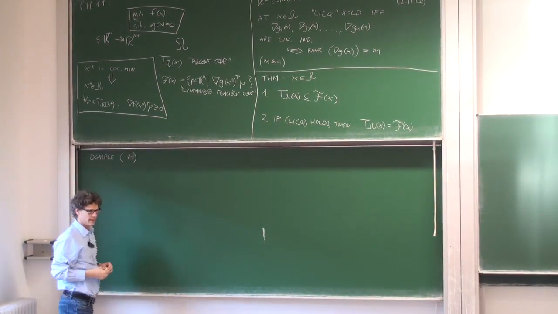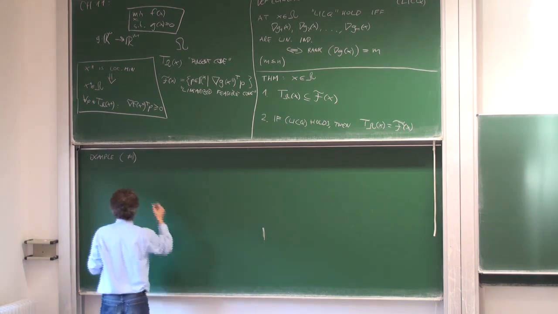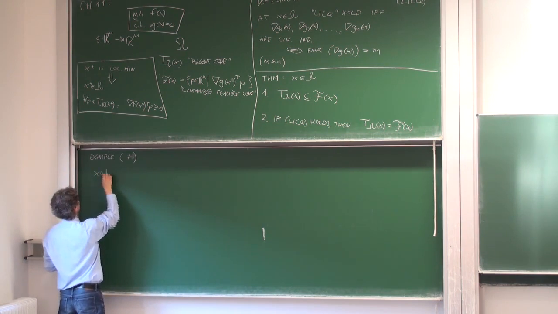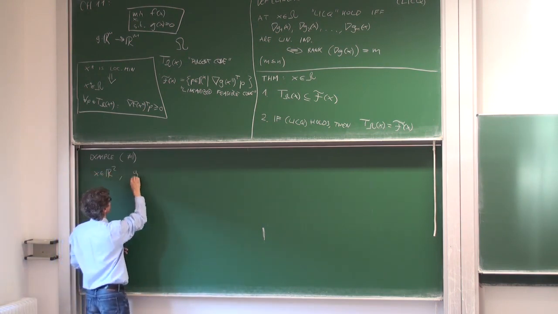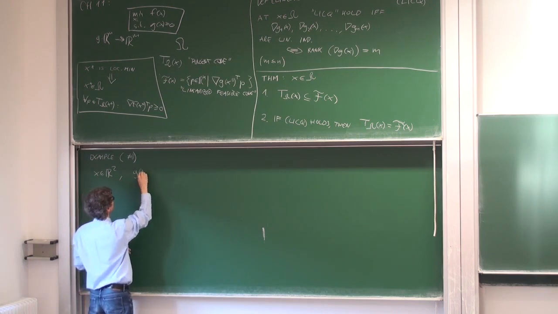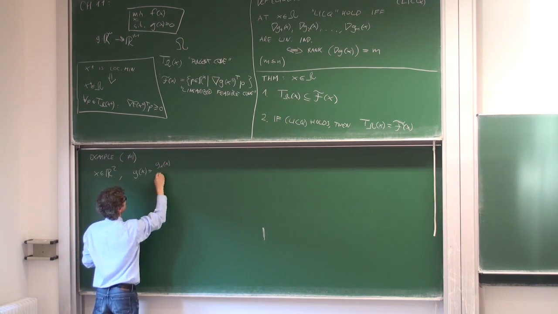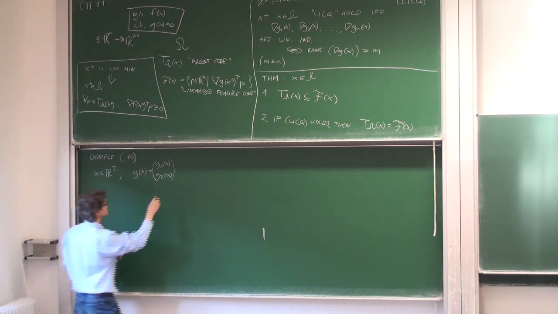Let me just invent something. I say I have two variables, x is element in R2, and my function g consists of two functions actually. So g of x consists of a g1 of x and a g2 of x, these two constraint functions. And g1 is given by,